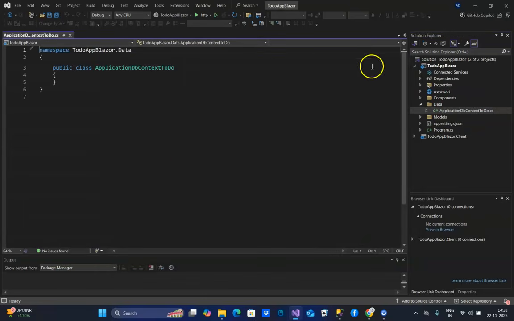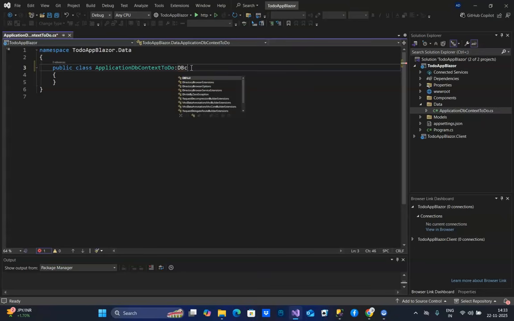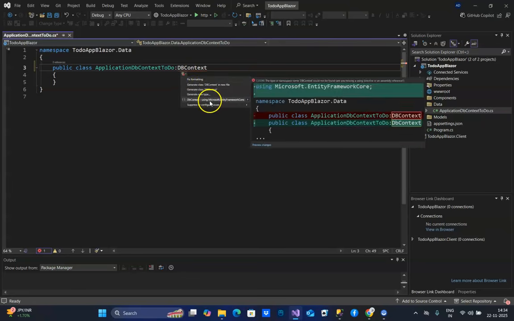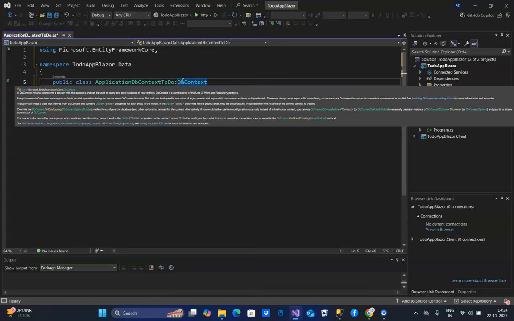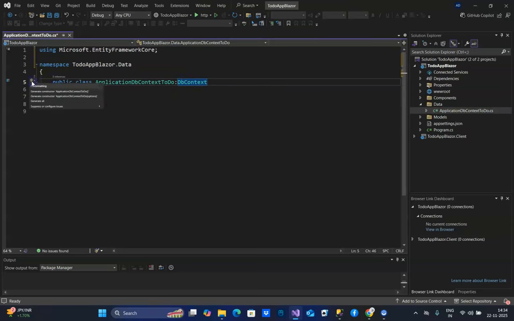Okay, and since the packages are installed, I'll just inherit this DbContext. Okay, and I have to include the framework. So I'll just include .Core. I just click the mouse over here and select generate constructor with option,